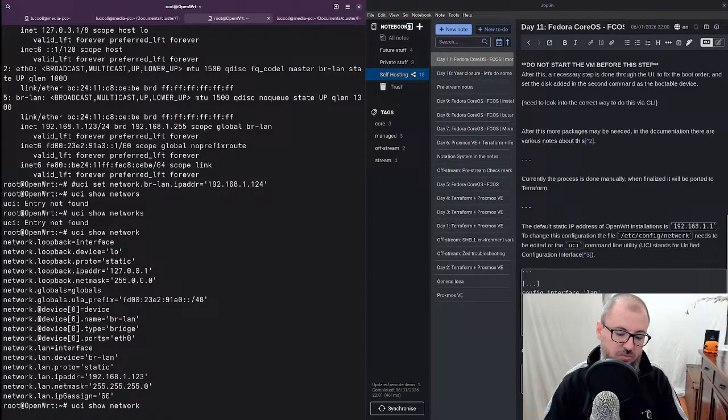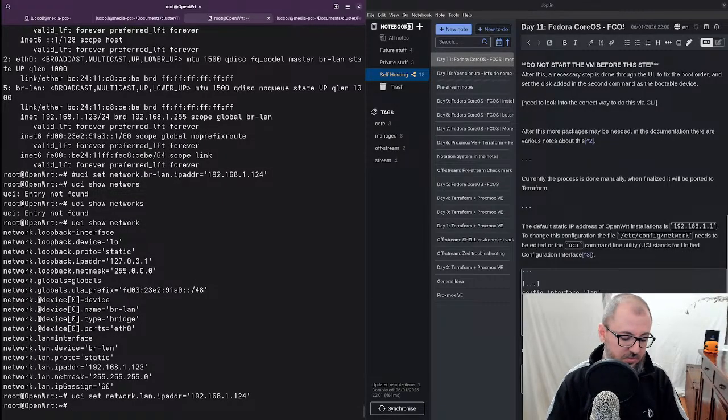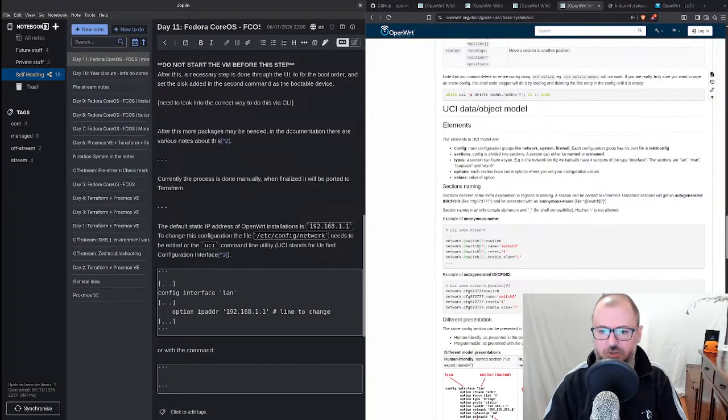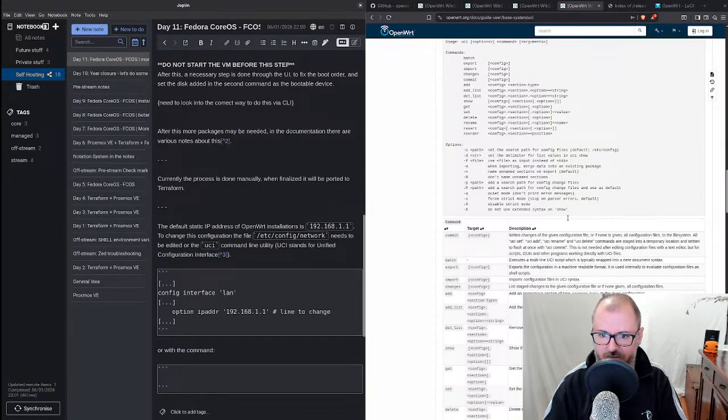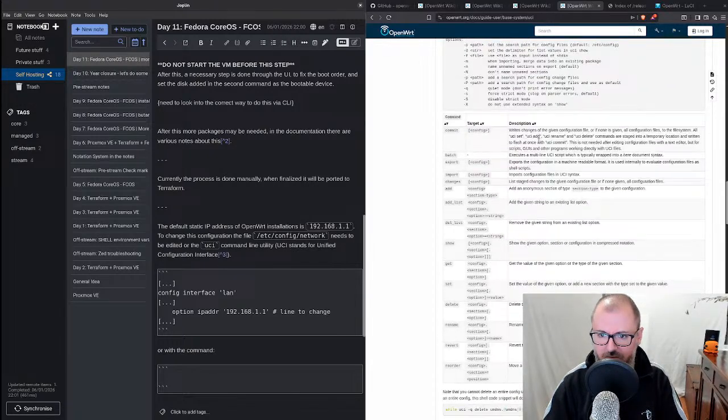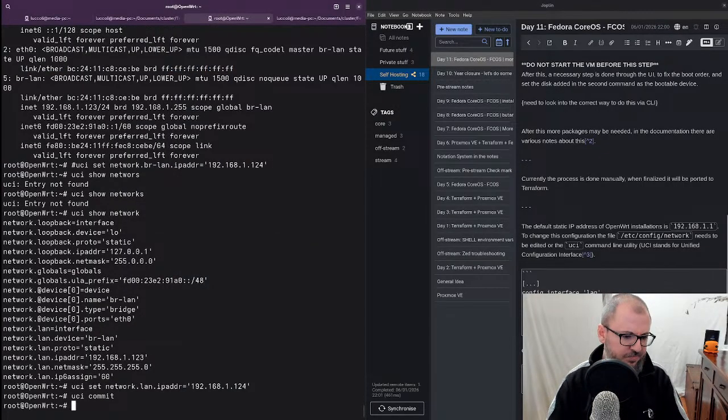So in theory, if I go like this, and then I go UCI commit, if I recall correctly, write changes to the given configuration file, or if none is given, all configuration files. Okay, so now if I go like this,